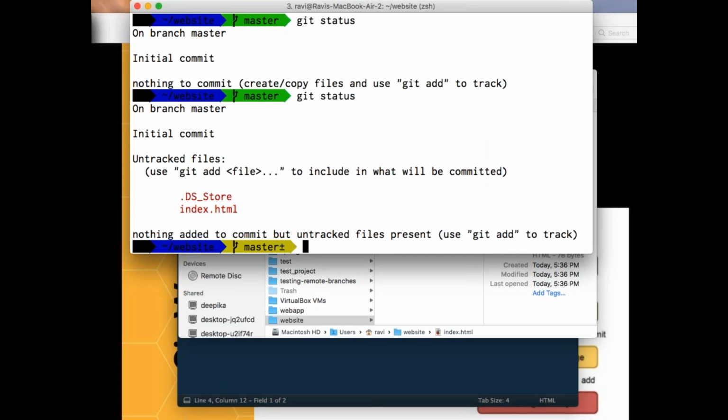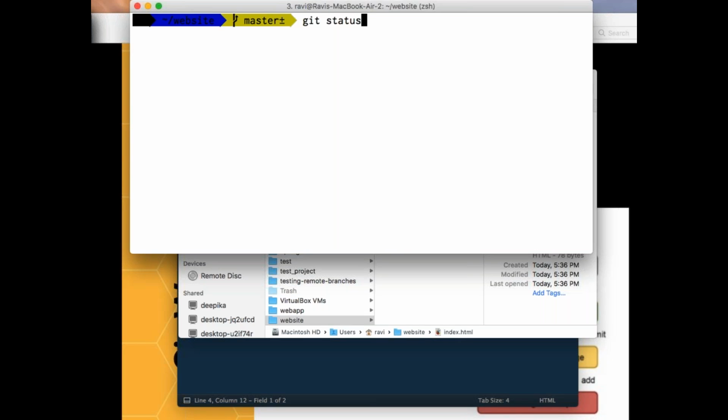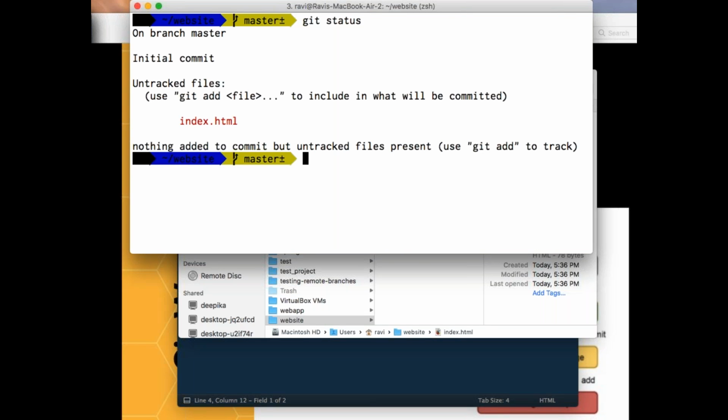there is something called .DS_Store. We'll talk about that. Basically, it is your hidden file. Whenever you're working, all my pointers, data structures, everything will be stored under the .DS_Store. Ignore that particular file, right? If not, I'll directly do rm -rf .DS_Store. I just remove that particular file, and if you say git status, I'm currently having a file called index.html,